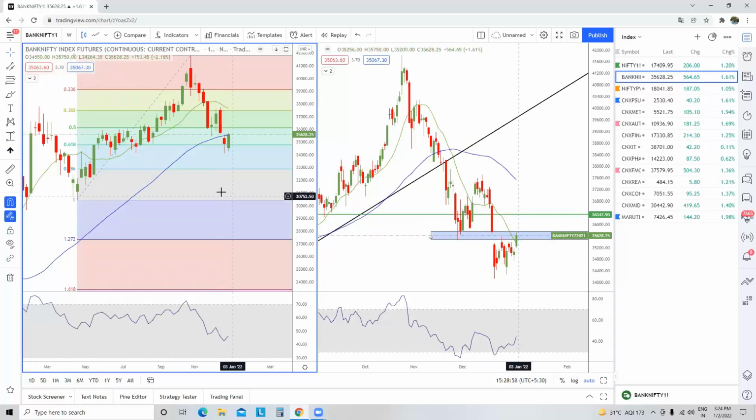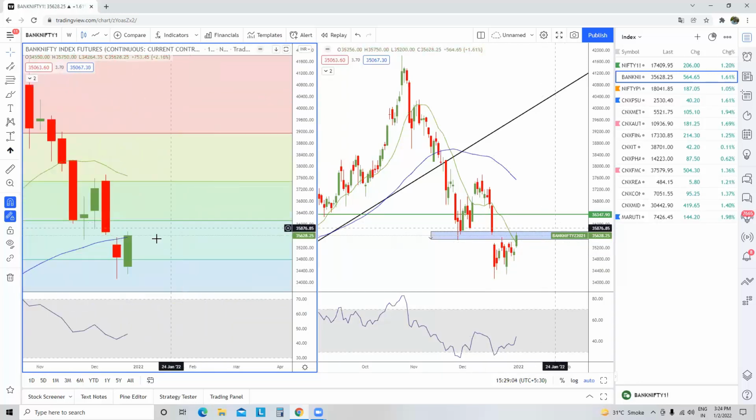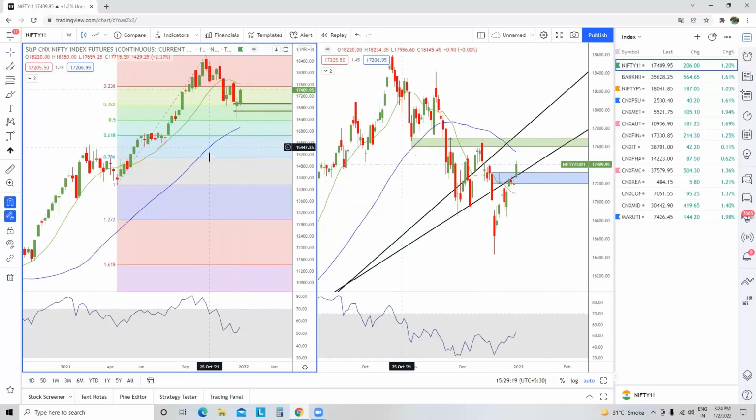In the Bank Nifty chart, on the weekly time frame, what we can see is we have a decent looking hammer, and we have a good bullish bell toll candle, and this particular candle has been made at the 61.80% Fibonacci retracement. Now, if I compare this particular chart with the Nifty futures chart, you can see how different